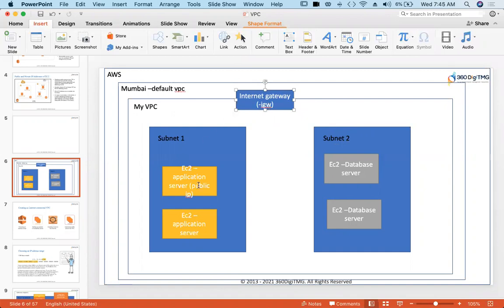Suppose if this EC2 instance has to receive anything from the internet or send anything to the internet, it will be able to do that, because our VPC has an internet gateway, and any instance here can do that. But we want our subnet to be a private one. We don't want this internet gateway for our subnet 2. We only want the internet gateway for our subnet 1. Clear, guys, these concepts? Internet gateway.